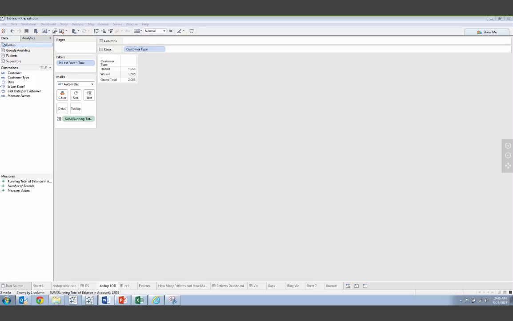So ranking is something that a level of detail can't do, so I would use table calculation. Relative lookups, I can't do that with a level of detail. But when should I use it? Anytime that